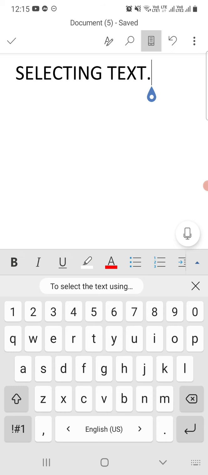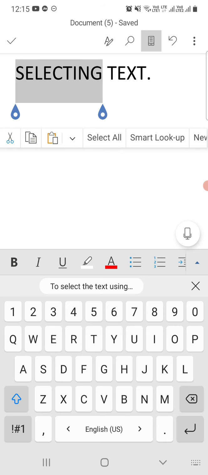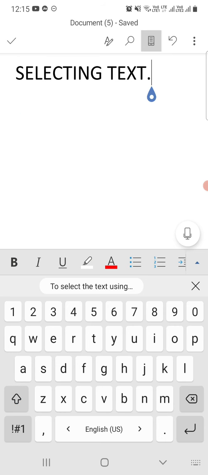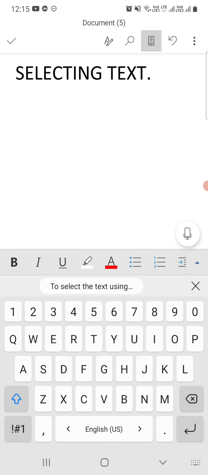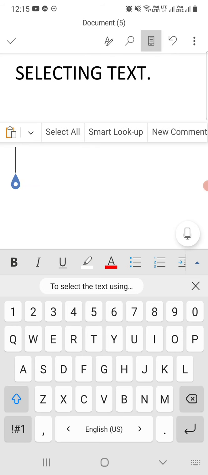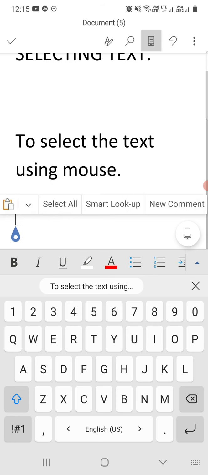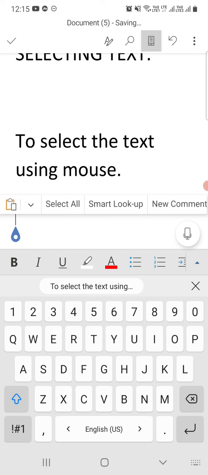Then move your mouse pointer here and now you can see the mouse pointer is blinking, and now I want to paste the text. So just click your mouse and select the clipboard option, that means paste option. It will show you the previous text, that is moving text, cut and paste option. You can also do that on your mobile.